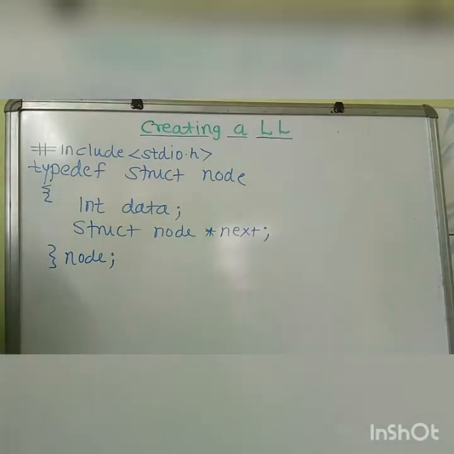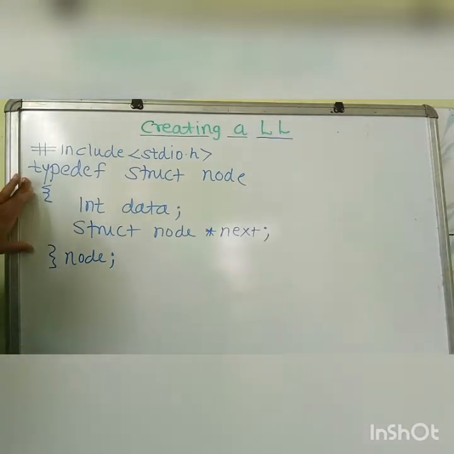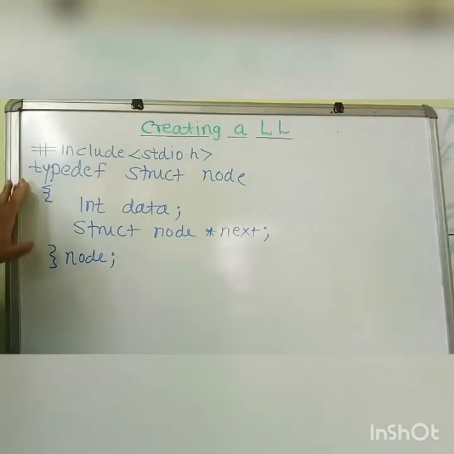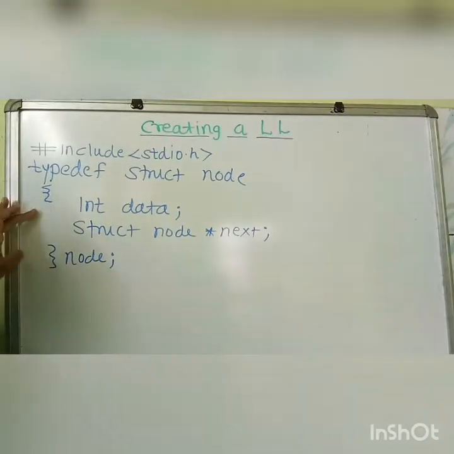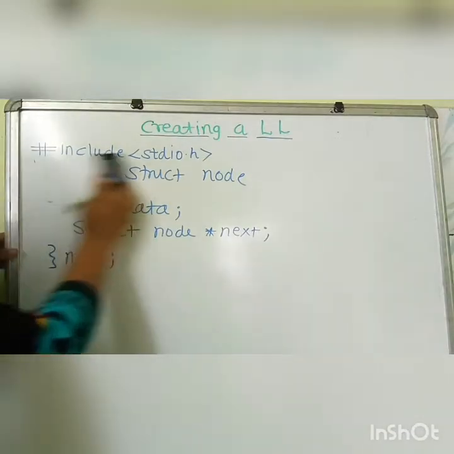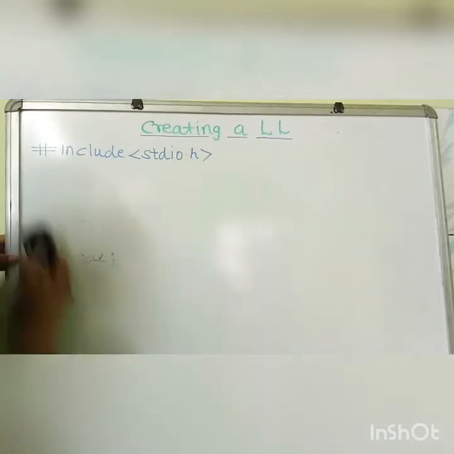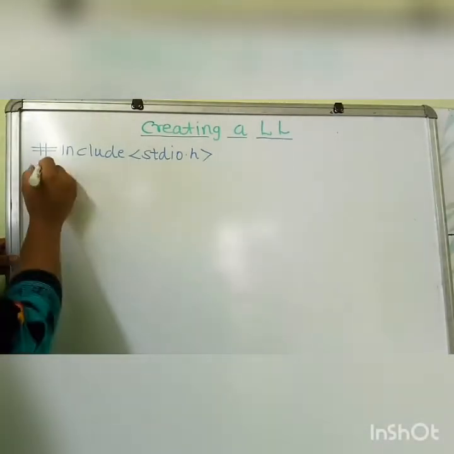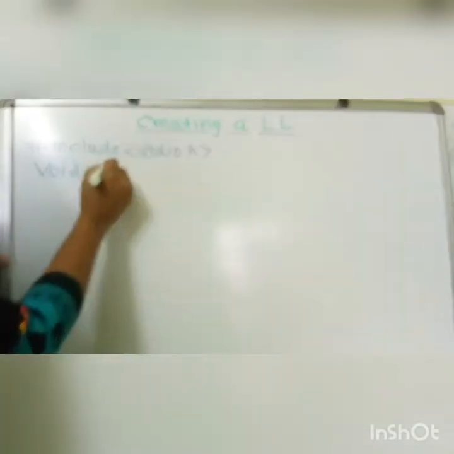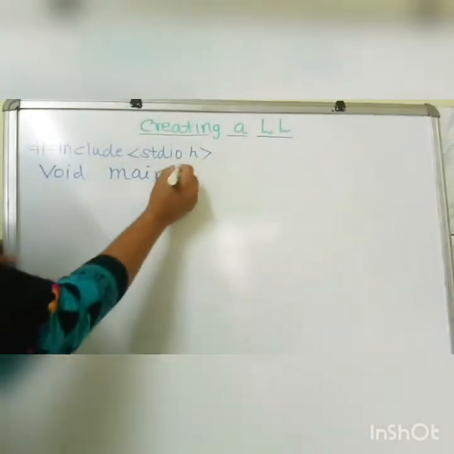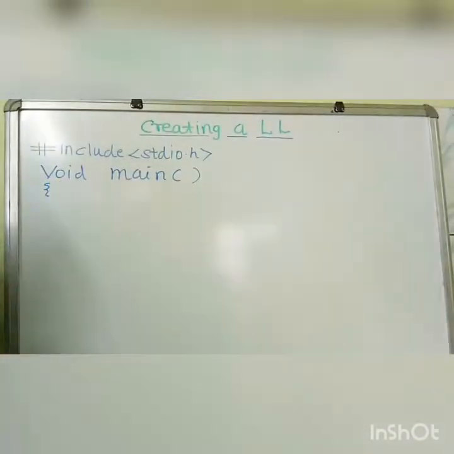Now we will start with the void main section. This is only the node basics, the raw material using which we are going to put the different data elements into this raw structure. So we will start with main, which is of the void main type.